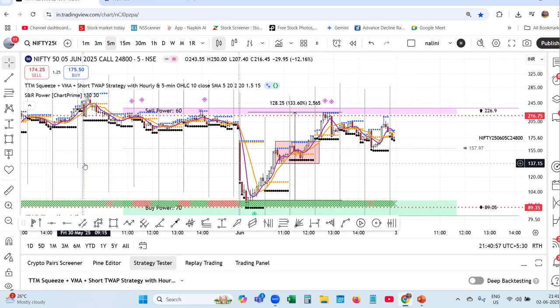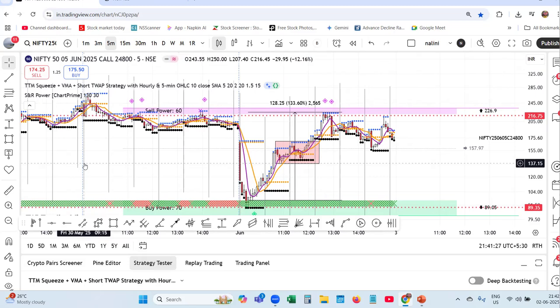It is combining momentum. Momentum is very, very important for an option buyer, and proper entry is also very, very important. If you do not enter properly, you are not going to hold the position. You will be directionless. Your psychology will be affected. You will not sit with confidence.